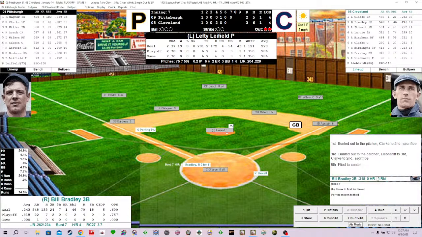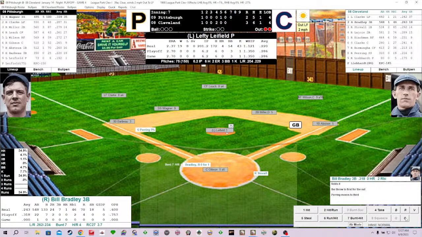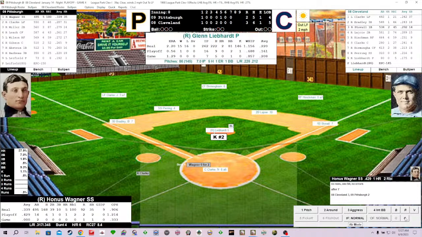Bradley 0 for 1. Sacrifice also in this game. Leafield deals. Count even, 2-2. And Bradley looks at one on the outside corner for strike 3. It's the second strikeout for lefty Leafield. We head to the top of the 8th inning. Still 3-2. The top of the Pittsburgh Pirate order coming up in Honus Wagner, Fred Clark, and Dots Miller.